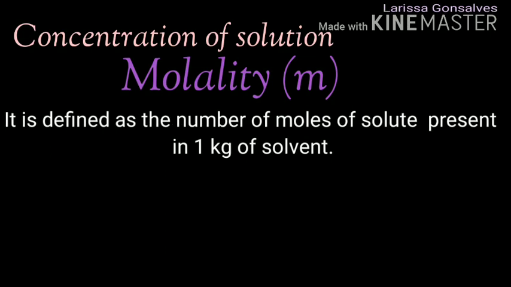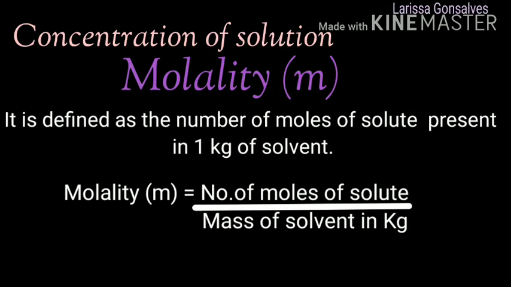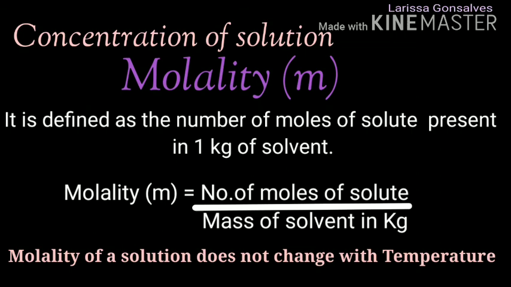Last is molality. This is defined as the number of moles of solute present in 1 kg of solvent. Molality is denoted by small letter m. Same definition you can put in terms of formula. So molality is equal to number of moles of solute divided by mass of solvent in kg. Always keep in mind the molality of a solution is not going to change with temperature because the mass remains